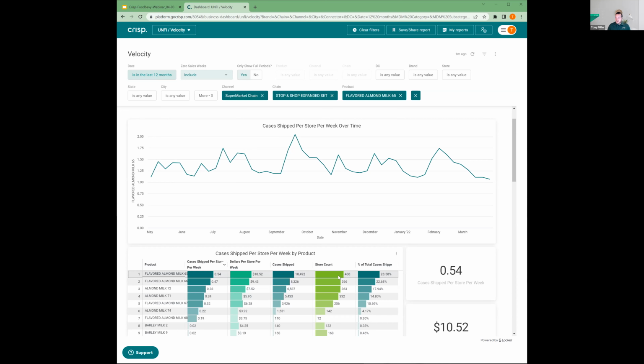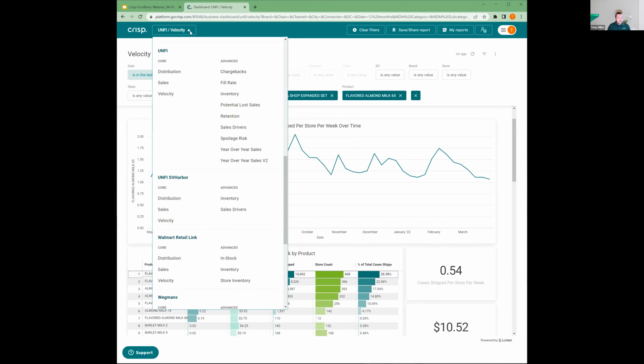It's good for tracking those things and identifying that group of stores for when you're rolling out the next time. Maybe that's not included in some of these retailers that just ordered once for that free fill and didn't order again. It allows you to be really strategic with that data. So from here, I'm going to jump over to our inventory dashboard,